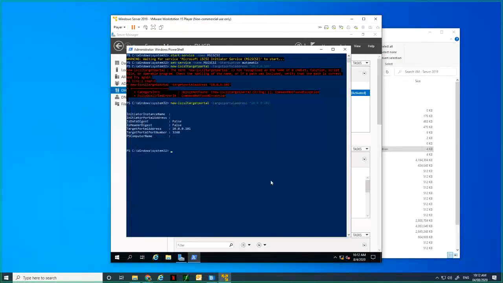Alright, so if we use the get command to bring up the iSCSI target, and here it is. So we have it all nicely laid out. Now what we want to do is connect to iSCSI